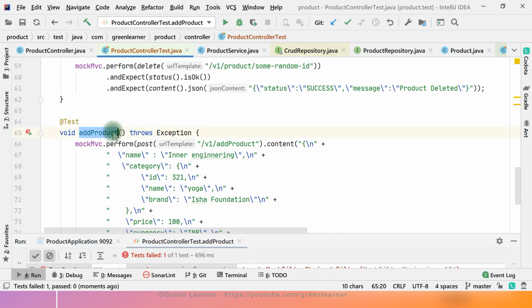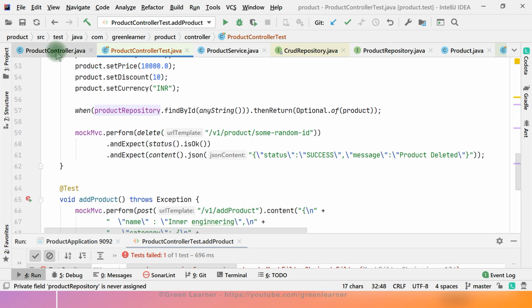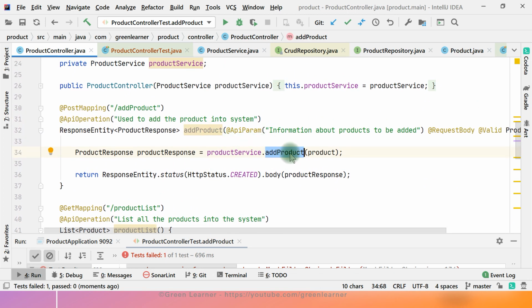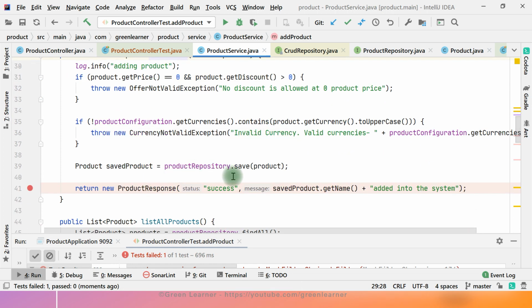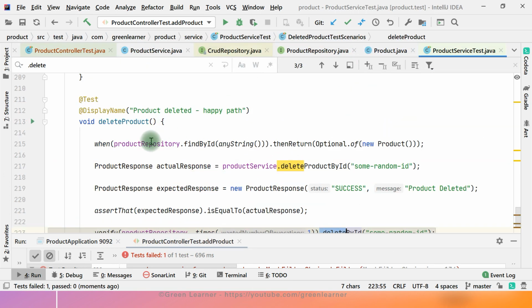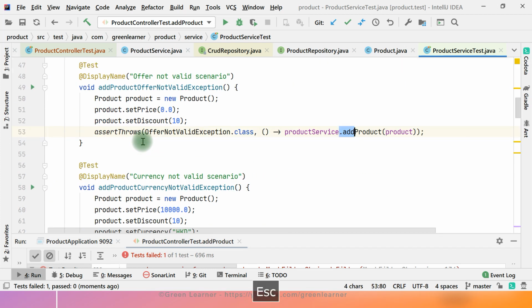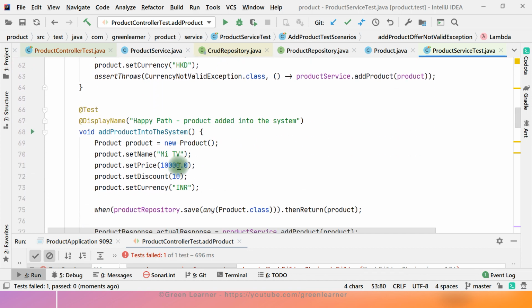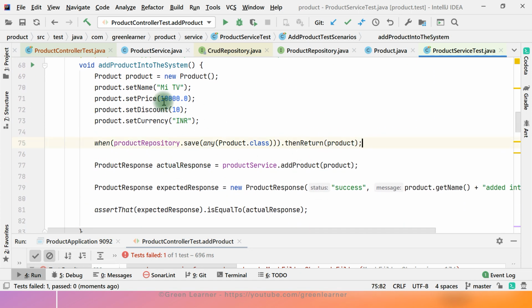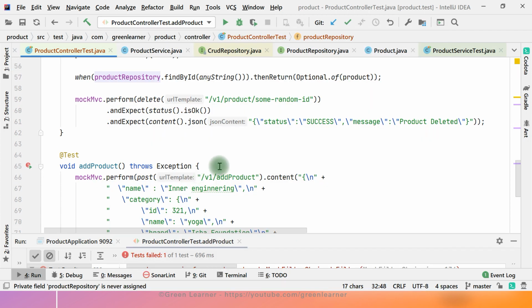We have this add product and we have this mocked product repository behavior, right? But we have not added any mock behavior in the product controller test. If I show you this add product, we are calling this save method. So I have to mock this. So how to mock this one? We already mocked this when we were writing the product service test. So take it from there, add product. We had this mocking here, take it from there and use it at this place here.